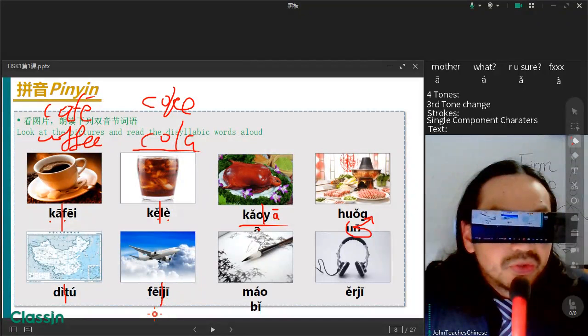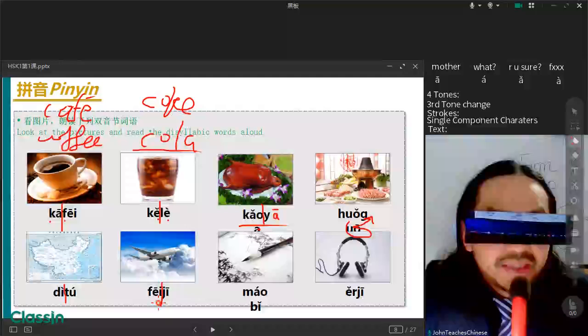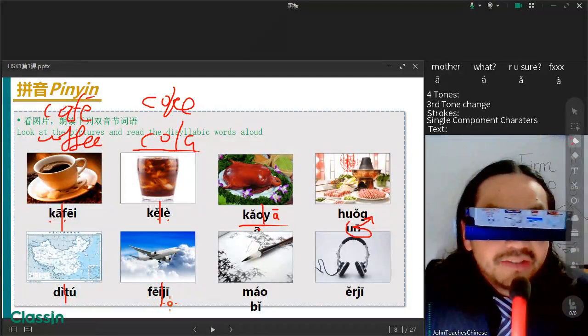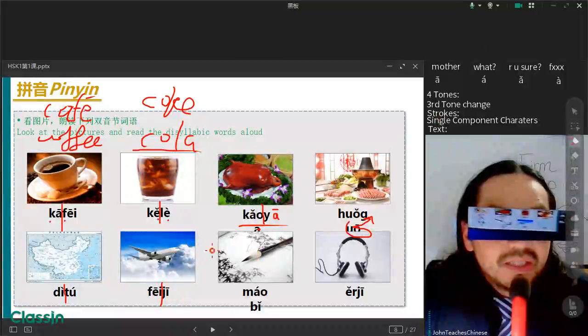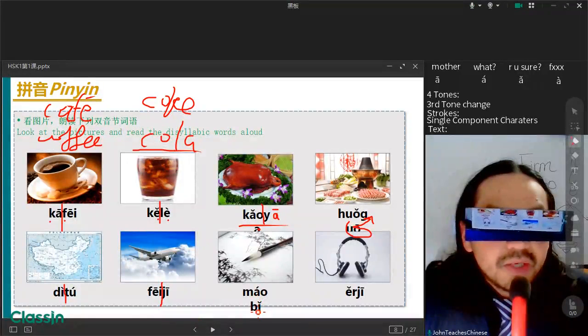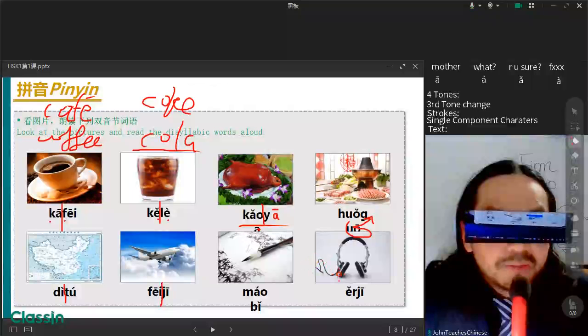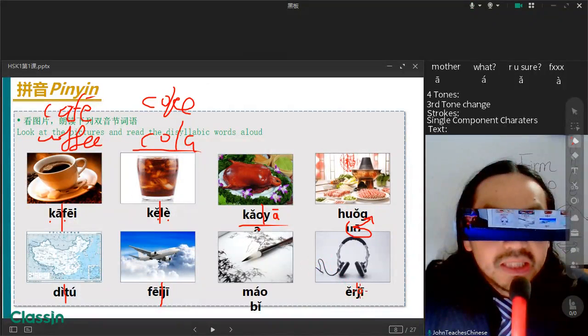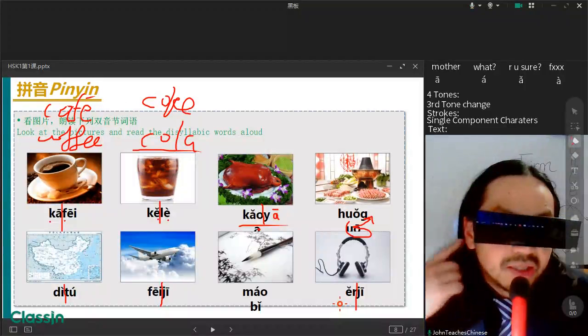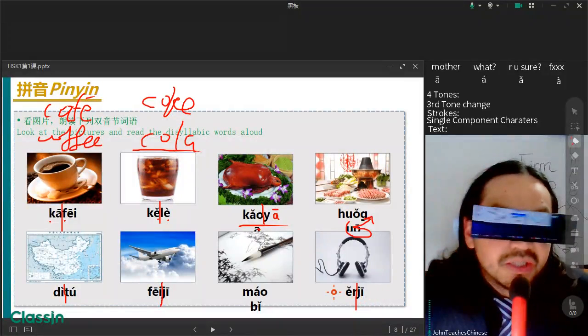Here two initials, find f for feiji, airplane. Right, remember f for fei, mother, ji, feiji. Maobi, brush pencil, remember bi, pencil, mao means fur, maobi. Erji, remember er, ear, erji, ear machine,